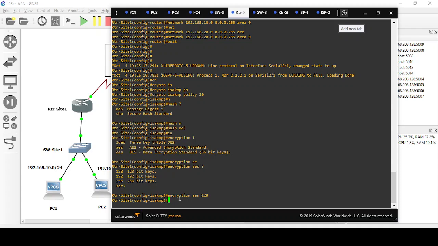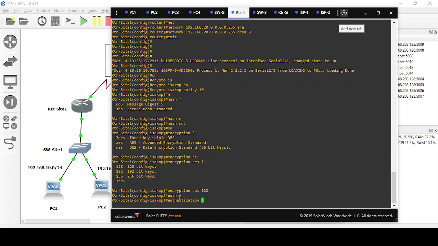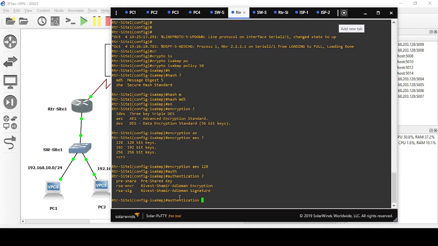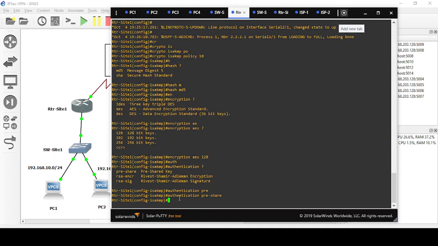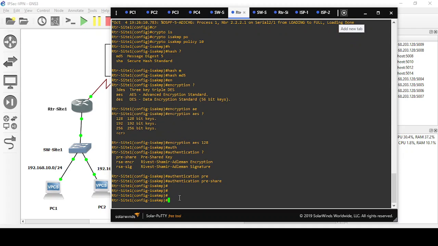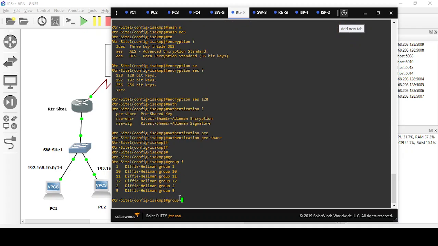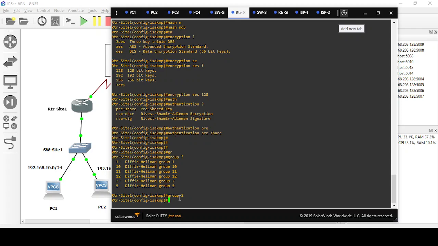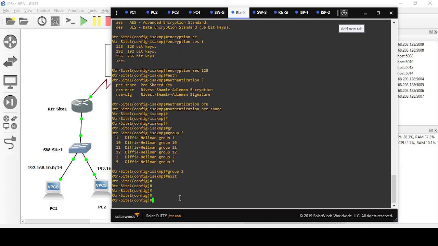Then I'm going to use authentication. I have these options, but I'm going to use pre-share, and for the group I have these options, but I'm going to use group 2. It is done. This is phase 1, and now I'm going to configure phase 2, crypto